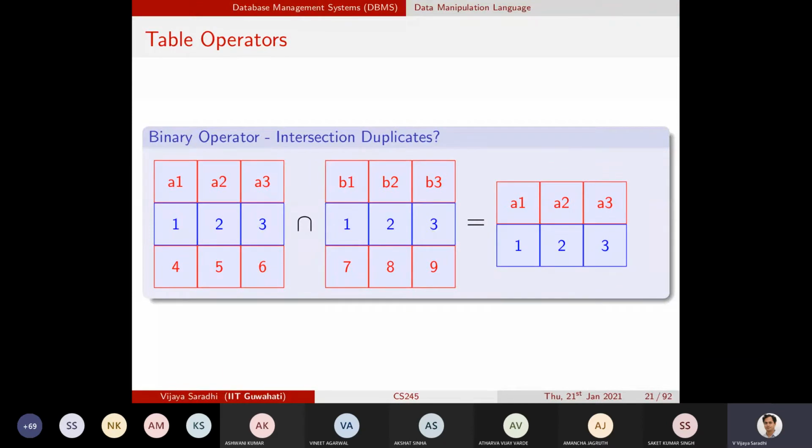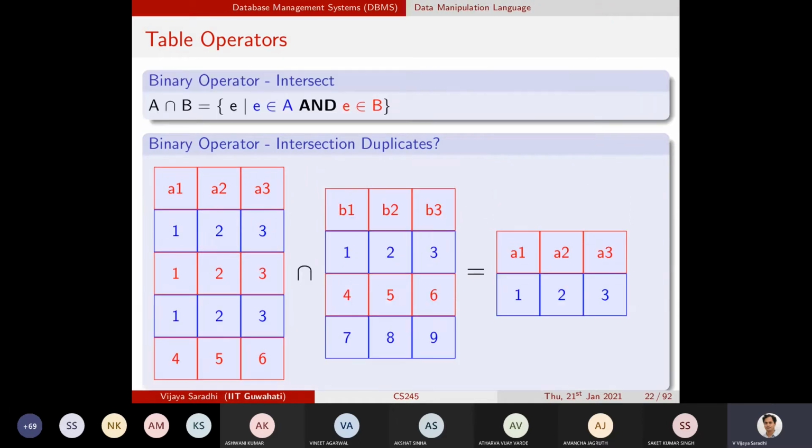So what if duplicates are there? Once again, an identical thing: duplicates will either be eliminated or retained. Here, somebody has asked, if duplicates are present within table A, what will happen? If you say don't eliminate duplicates, you will actually get 1, 2, 3. Otherwise, this record will be tested only one time. It will take 1, 2, 3 and scan the entire table B. I have found it for the first time, so I will include it.